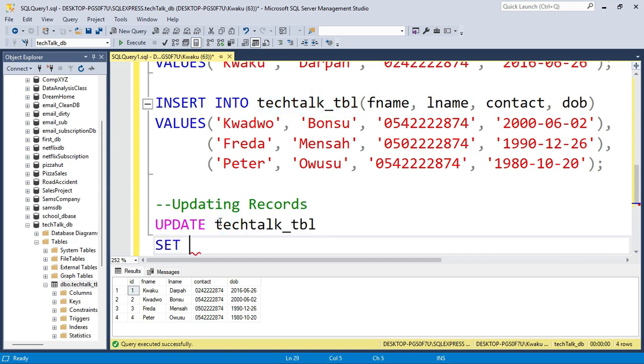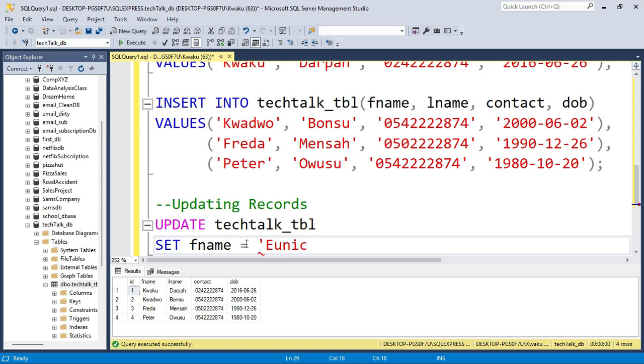Then we set the column. So which column are we updating? Okay, let's update the first name of ID 4. So set the column which is F name. We want to set it equal to